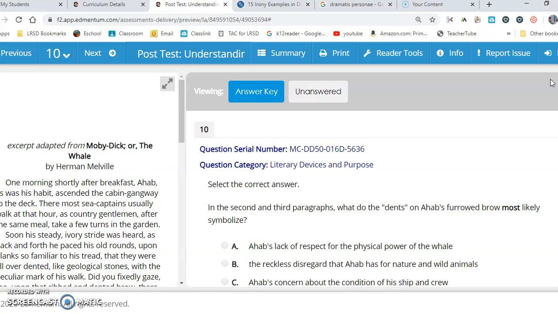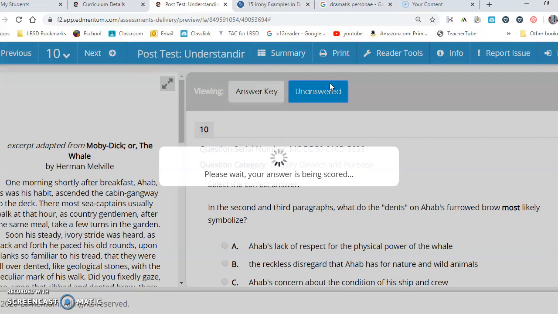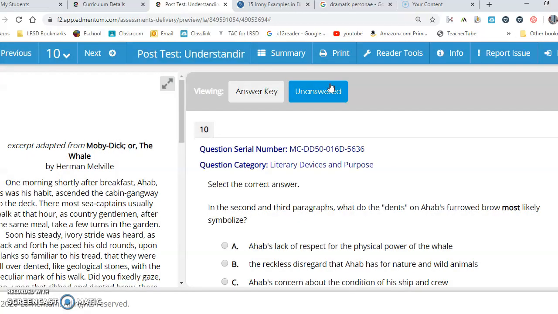Okay, so on this one, Moby Dick was a whale, and Ahab, the captain, was on board the ship, and it talks about the dents on Ahab's furrowed brow. A furrowed brow is when you